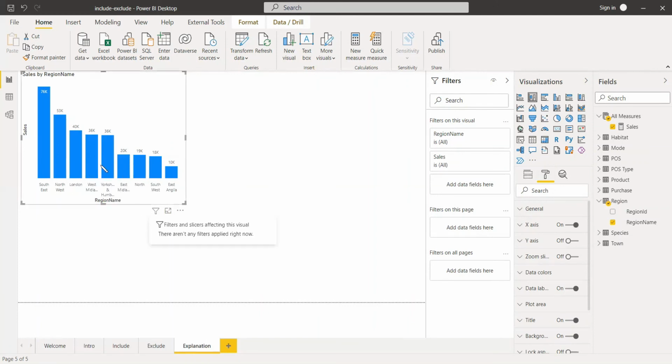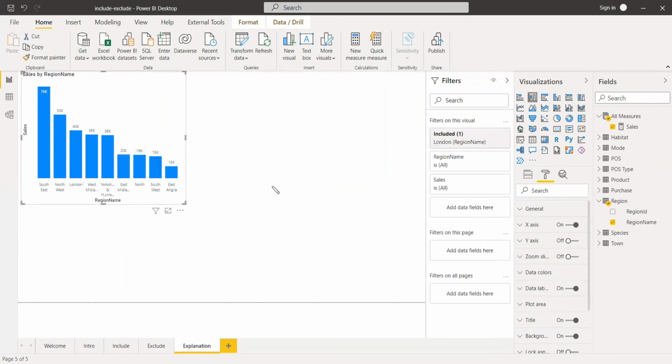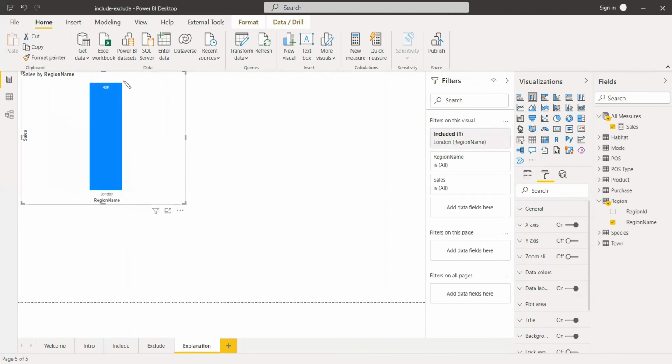For example, we want only the value of London itself. So you just go there, right click on London, and click on include. And what happens? Only London is shown, the region London is shown. At the same time, you go to filter and see that it is included in the filter.